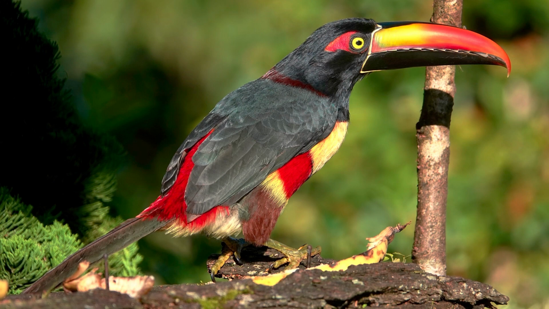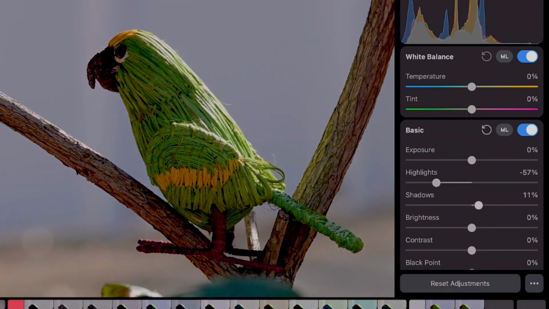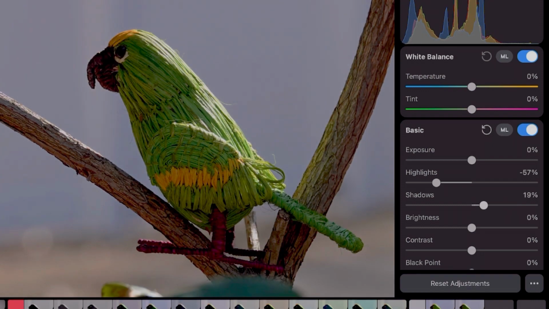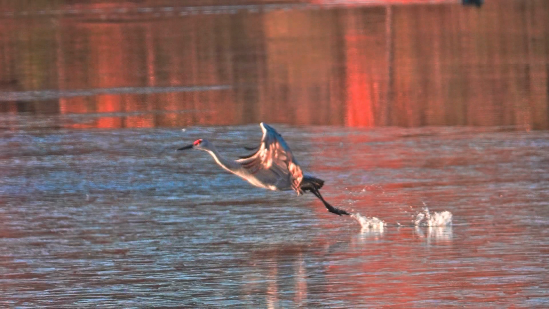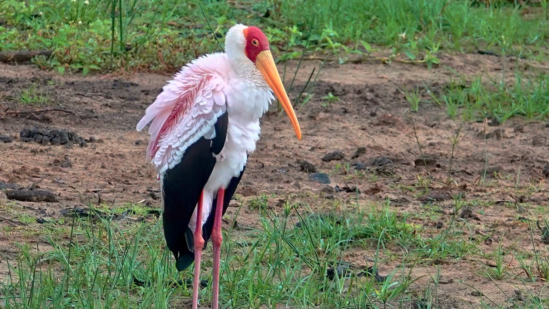And you can get an idea of what I'm talking about by seeing how it's done in software afterwards. You take a good image of a bird and you make it better by decreasing the highlights and increasing the shadows, just like this. What you're trying to do is to bring detail up in the shadows and detail out in the highlights. Shadows are much easier to deal with. You can generally draw detail out of the shadows. Highlights you have to be very careful of, because once something goes pure white, the detail is simply gone